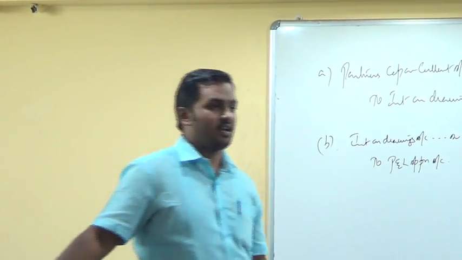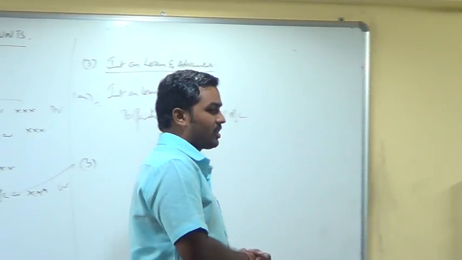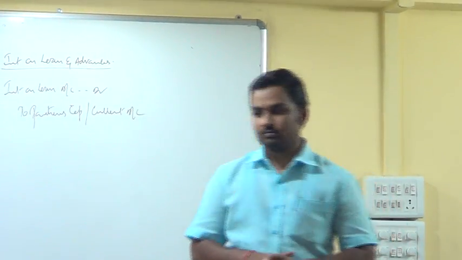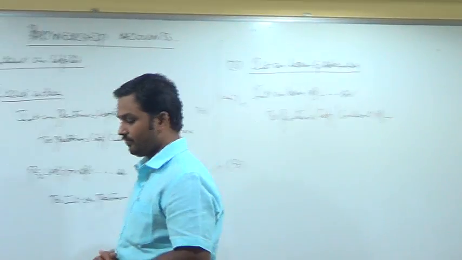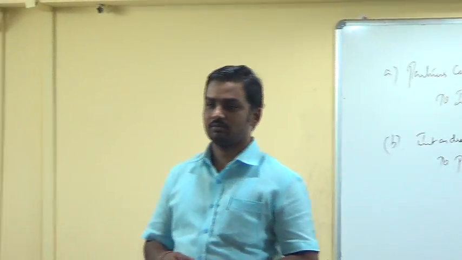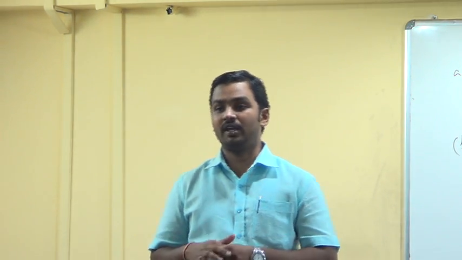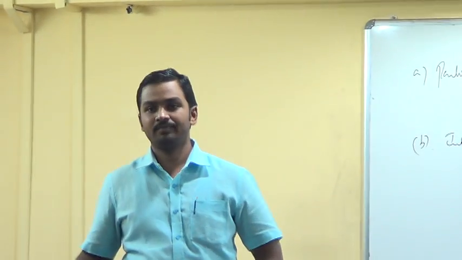Second entry B, when salary, remuneration or commission is charged to the P&L appropriation account. What entry will we pass? P&L appropriation account debit to salary, remuneration or commission account. Okay, these are the two entries we are going to pass. So we'll stop the class today. Now what I want you people to do